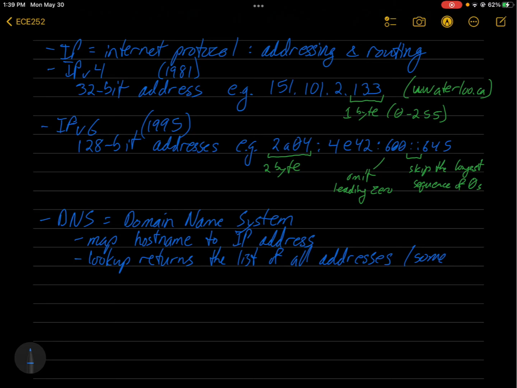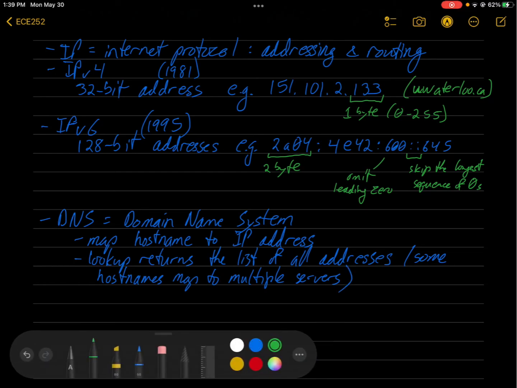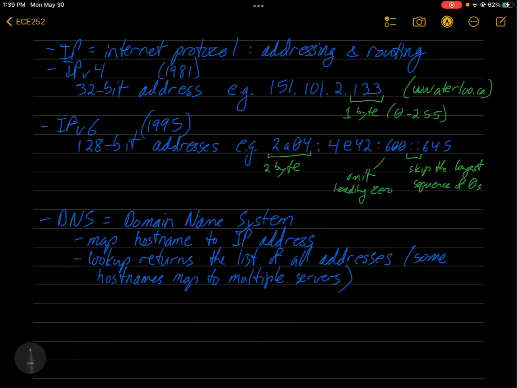So some host names map to multiple servers, multiple machines. And so if you want to check out what I was just mentioning there, you can try this at the Unix command line. nslookup, I think this is network services lookup,